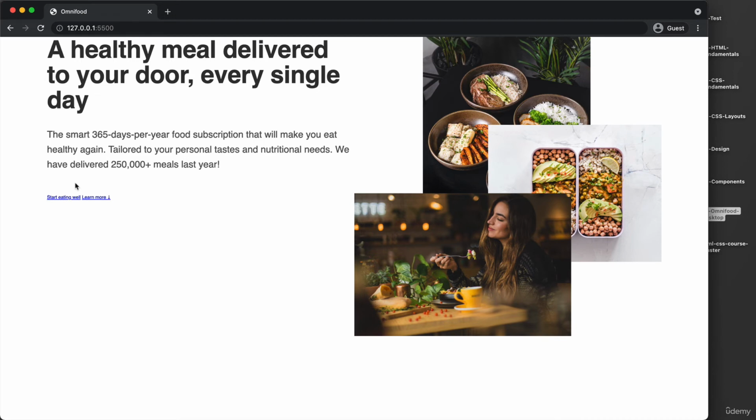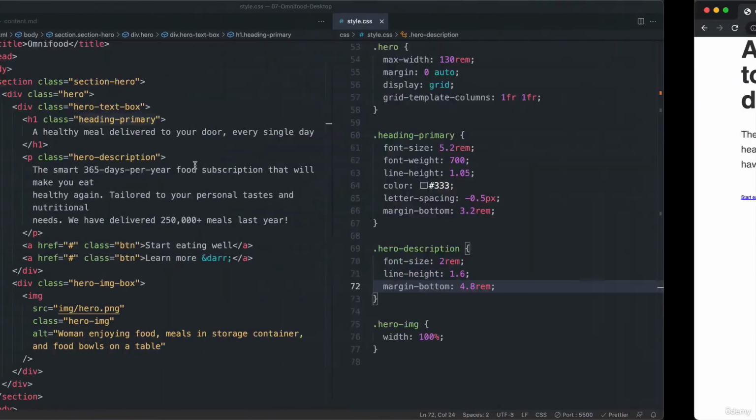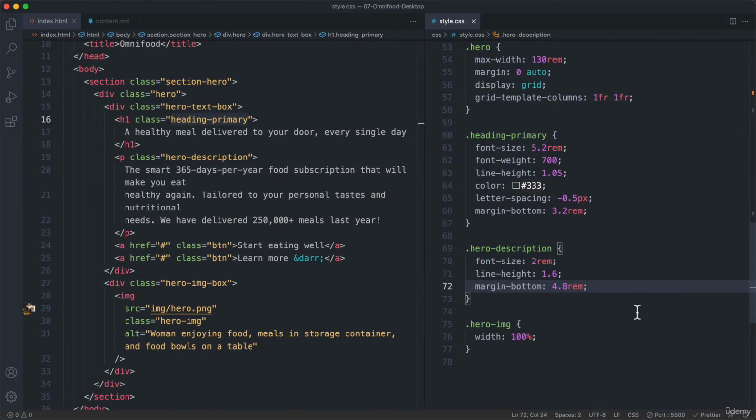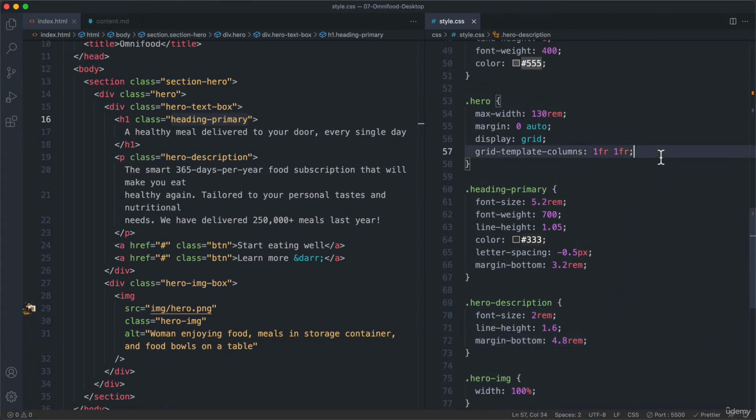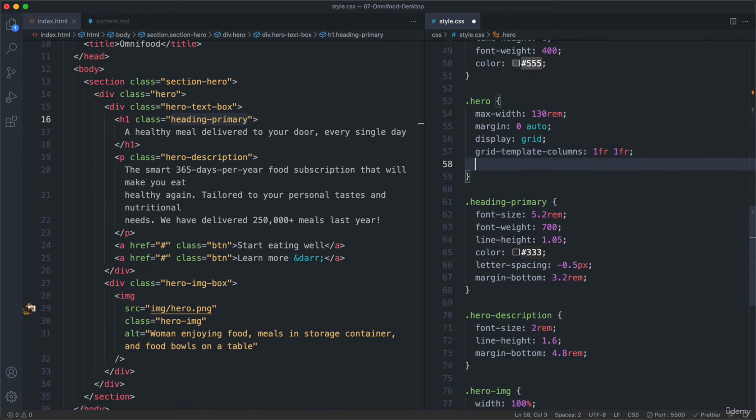Now let's just quickly vertically center this content here, so all of what's in this box, and that should be fairly easy, right? Because remember that we are using a grid, and so on the grid container, we can simply, as always, use align items and set it to center. Okay,